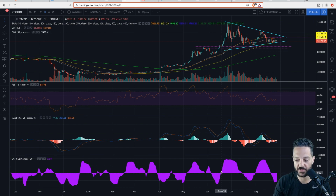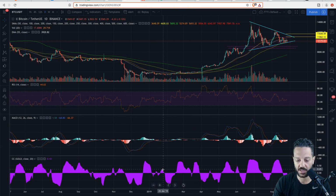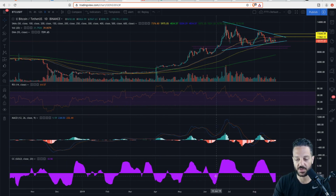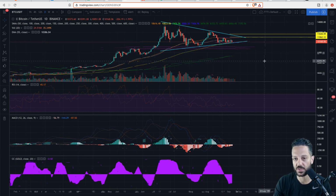So with this correlation coefficient, every time we get closer to 1, which is right here, the markets are correlated, and every time it falls below, then the markets are negatively correlated. So you can see that it's actually a wavy, volatile pattern, right? That goes in and out between being correlated and being decorrelated. Can you use this to determine Bitcoin's price? Well, you could certainly use it